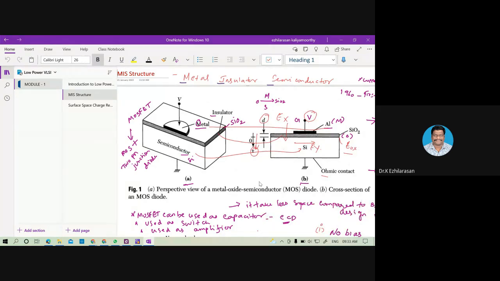Then we studied these with the help of an energy band diagram. Now, with the continuation of that, we are going to study